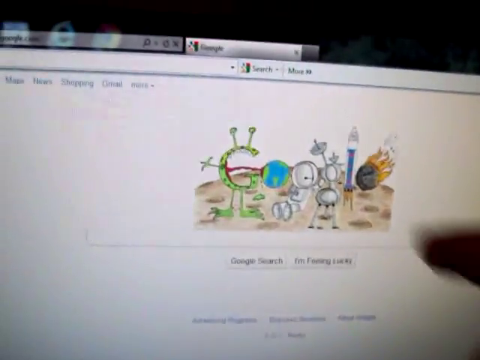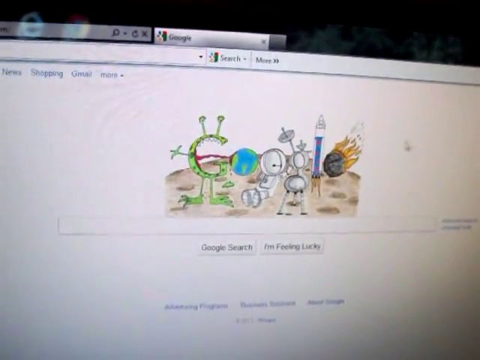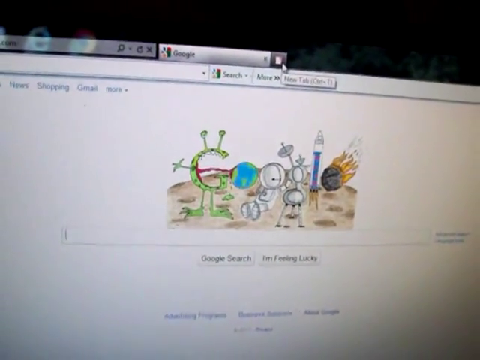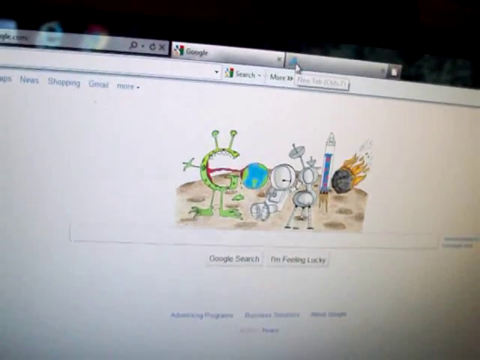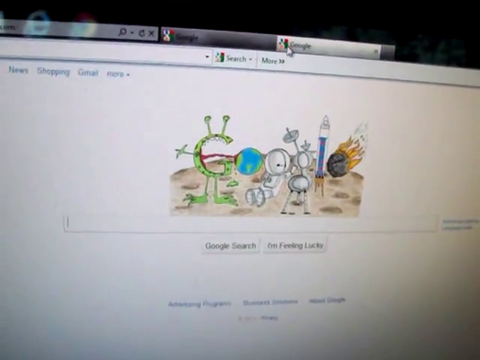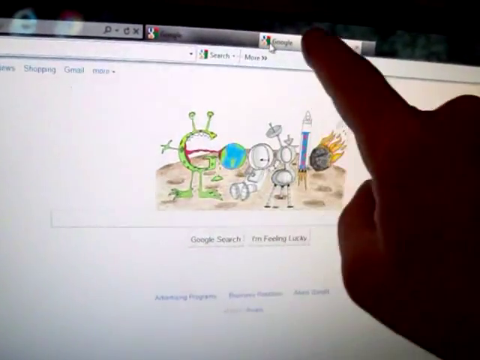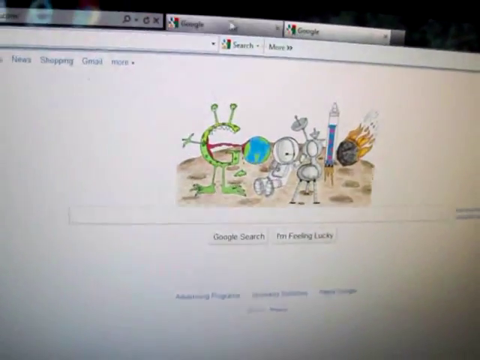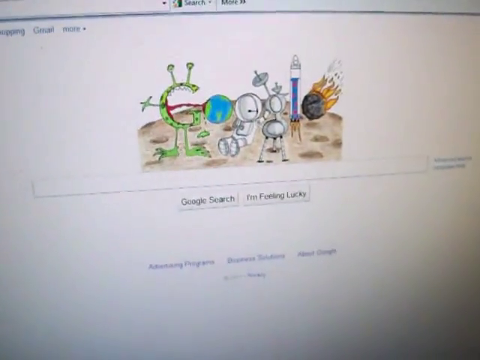Now, as you see, these browser windows have tabs. See, there's the tab there. You can actually create another tab by clicking right here. See, there's the tab, and there's this little box right here. You can click it, and of course you can make another tab, and you can just make tabs all over the place. But this is a tab, this is a tab. On this one you could type in